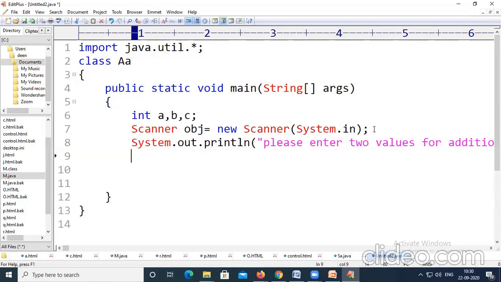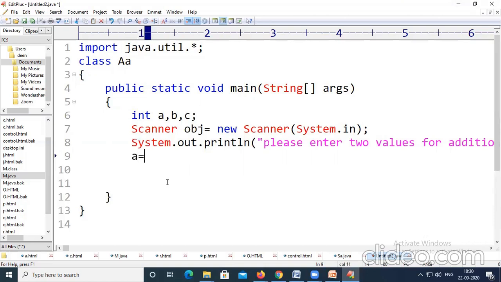And now the user is ready to enter the values, and it is our turn to read the values from the keyboard. In order to read the values from the keyboard, we have to write some statement called a.